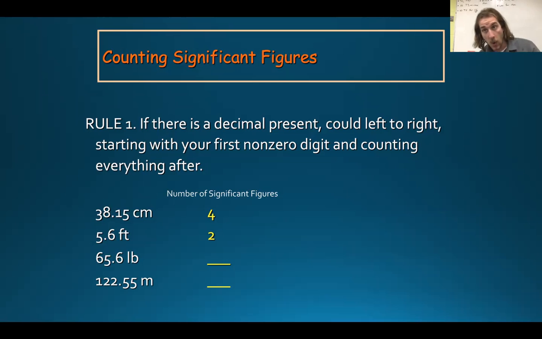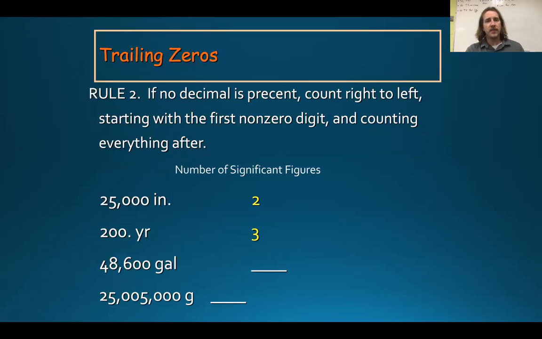Rule number 2: if there's no decimal present, you're going to count from right to left, again starting with your first non-zero digit and counting everything that comes after it. For example, with this first one here, we would count right to left. We'd start with the 5 and the 2. This has 2 significant figures because, again, we can rewrite that number in scientific notation as 2